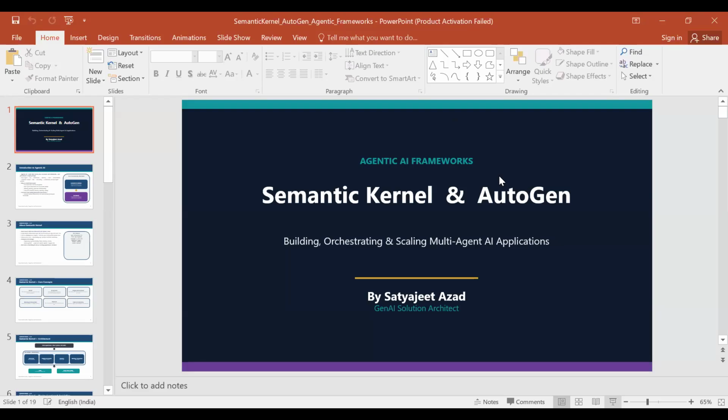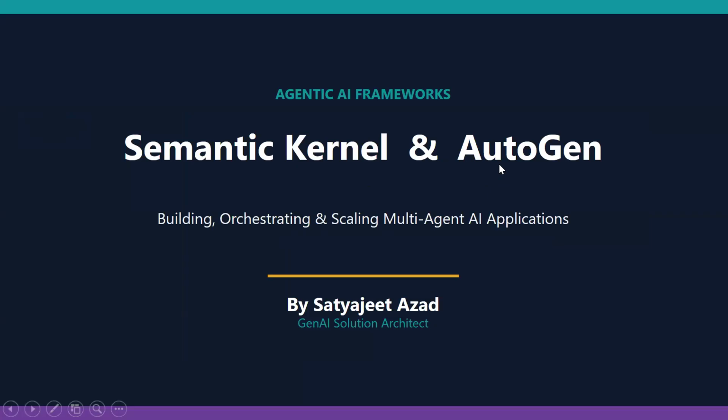So, we'll see semantic kernel and AutoGen, because these are two important agentic frameworks. When I say agentic framework, I'm talking about a coordinator, collaborator, manager, orchestrator, because I will be handling multiple agents, more than one agent. That is why you need a framework. A framework means we need someone who can give margdarshan, guidance, to your applications, right?